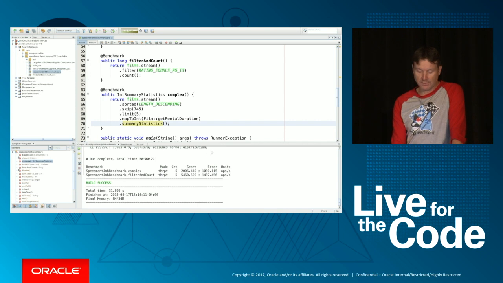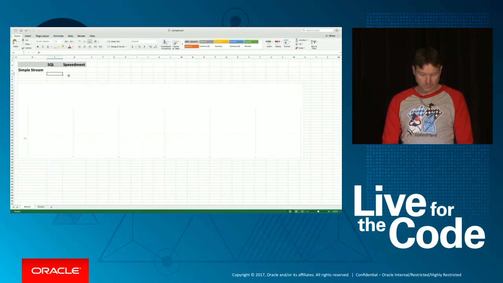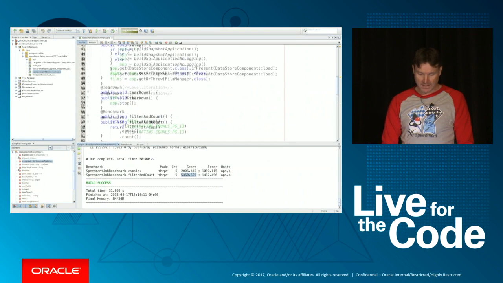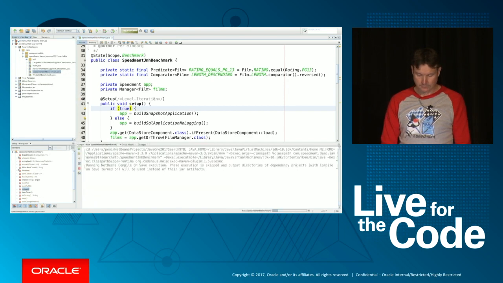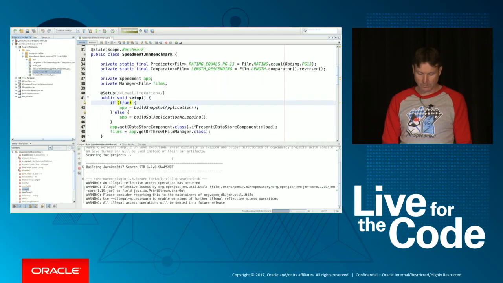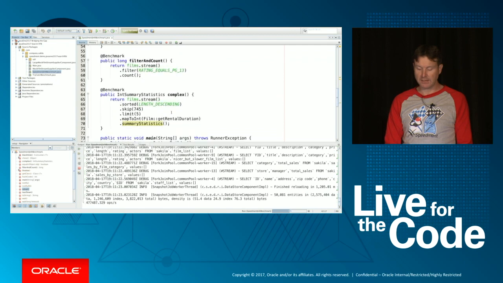If I run this with a database, the complex one, I was able to crank out 2,000 operations per second. And if I use the simpler one, it's about 5,400. So I will take this value and paste it in here for the time being. Now let's go back and do in-memory instead. I just change this parameter and rerun everything again. It will run the same tests. I haven't changed anything in the stream. They look exactly the same.